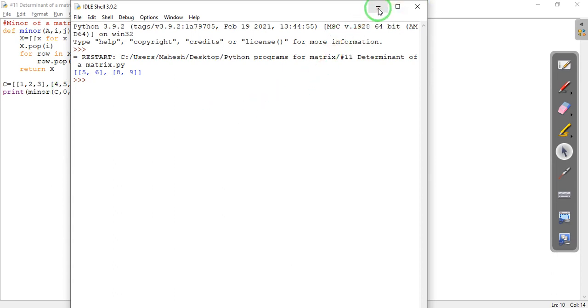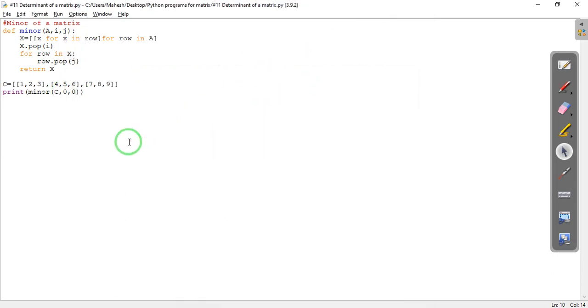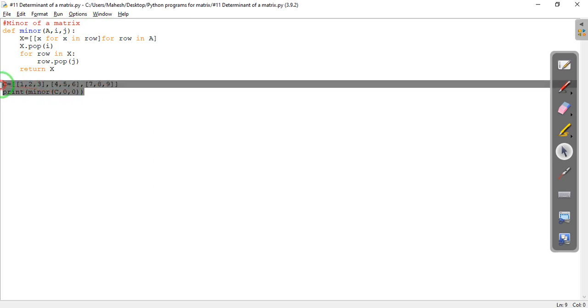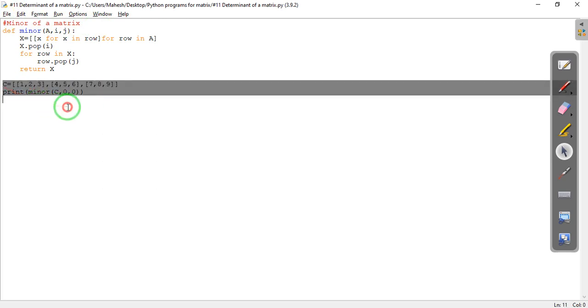Let's go back to the program where we want to write the program for the determinant of a matrix. Now let us use the same function. We will use the same program for the minor of a matrix first, and then using that we will write it for the determinant. So let us define now. First, this is for the minor of a matrix. By using the minor we will define this, so we don't want this. Okay, we will remove this part.